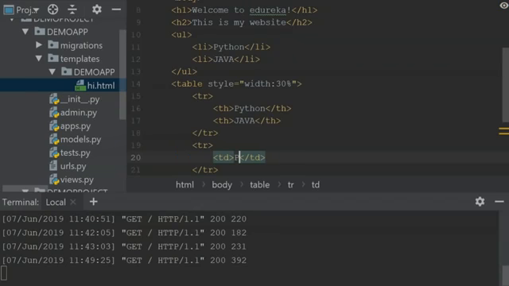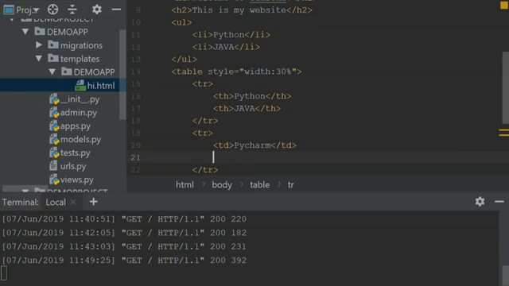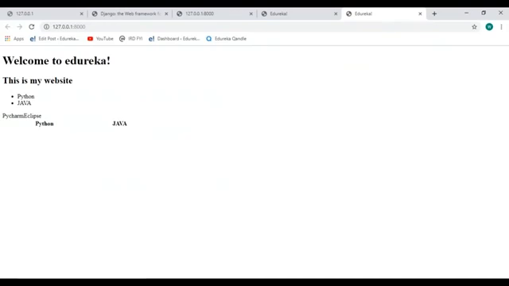So for Python, you can use PyCharm. Let me just copy this. And for Java, you can use Eclipse. So I'll change the name from PyCharm to Eclipse over here. And I'll save this. So as you can see over here, a table has been created.